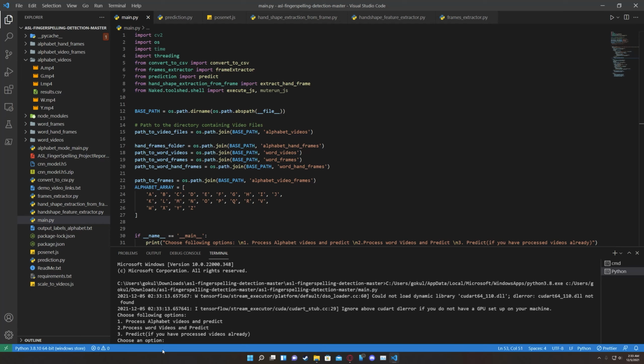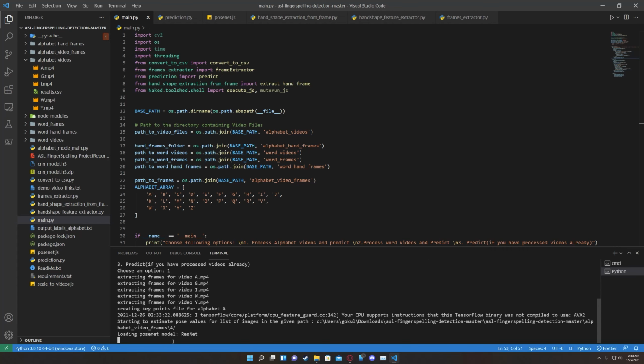Okay, initially we have done alphabet detection in the code. As we are seeing, these are the implemented chunks. There are 4 options. Let's select option 1. This option extracts specified or selected frames for the alphabet videos and parallelly runs the PoseNet model. Here the algorithm passes the frames to the CNN model, and in the CNN frame it will display the statistical mode of the frames. This is basically the result of the CNN model.